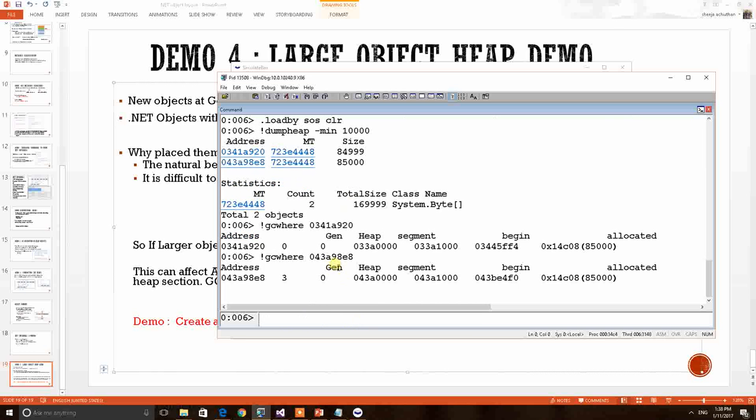Here the debugger shows this output as Gen 3, but people should not be confused, there are only three generations: generation 0, 1 and 2. Then how has this Gen 3 come? This particular debugging command gives the interpretation that this is the LOH heap. So people should not be confused that it is generation 3, it is actually the LOH. So by this we can understand that this particular object, which is of size 85,000, is placed at LOH. Okay, thank you. We will come up with the next video proving a .NET internal theory.